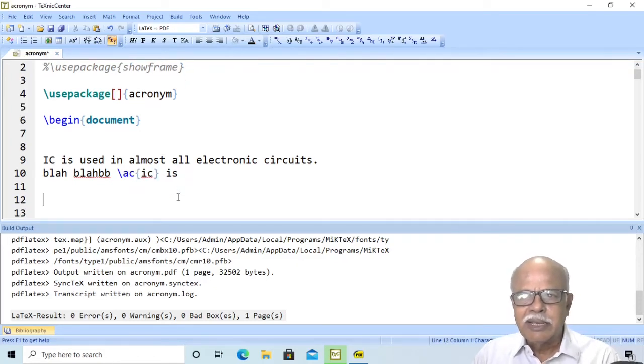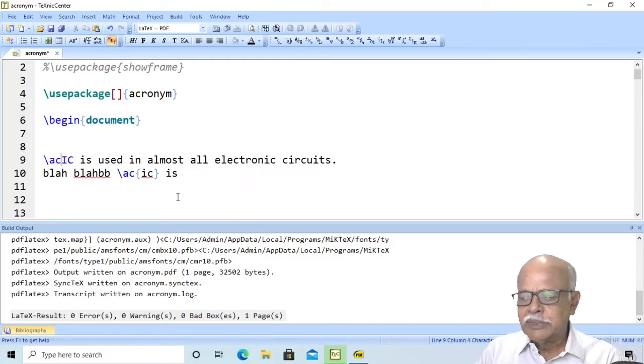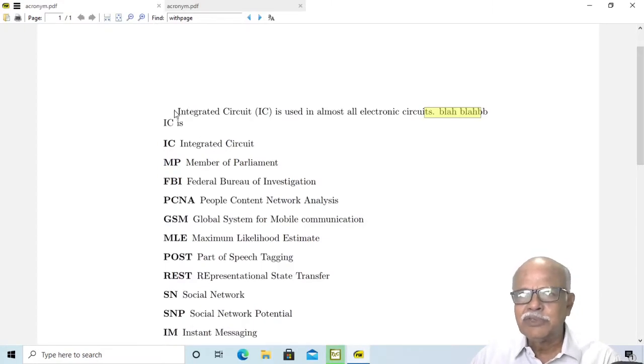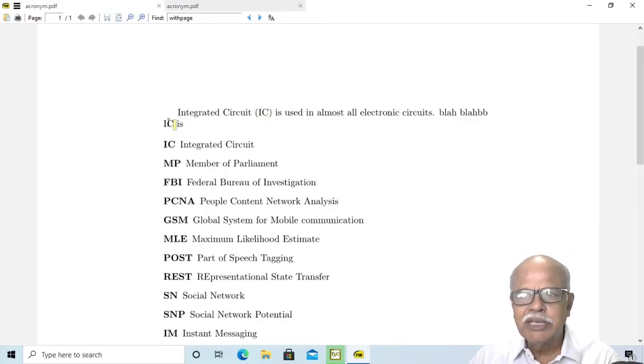In general, if you use the command like this, in the first instance you will have the longer form followed by the shorter form within parentheses, and in all subsequent occurrences, you will have only the shorter form available throughout.